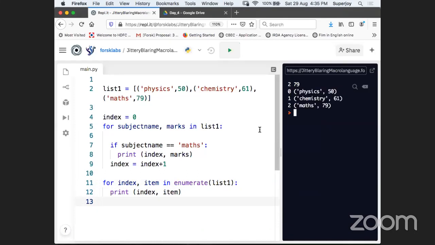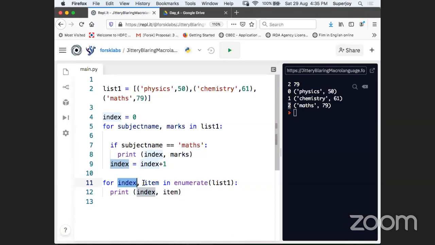Oh, we got it. Can you see, guys? Now we are getting the index corresponding to every tuple. We are not managing indexes like this; enumerate itself is taking care of that. Enumerate gives you the indexes. That is the additional information. So along with the data, enumerate also gives you the index, and that's why I have taken one more variable here, guys.